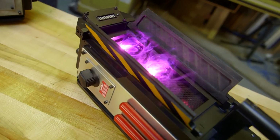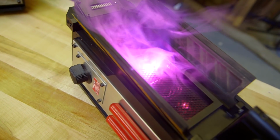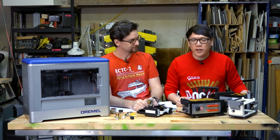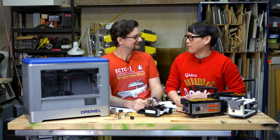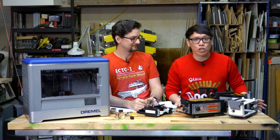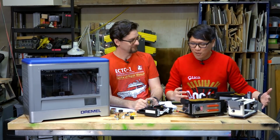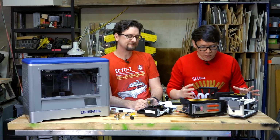And hopefully by now you've seen our reveal of the Ghost Trap project that Sean designed and made. Truly incredible. It was quite the ordeal, but I am really proud. It's probably the biggest project I've ever tackled. Well, you spent a couple months thanks to Dremel, which gave us the opportunity for you to design and build this to replicate the Ghost Trap from Ghostbusters 1/2, a hybrid trap, to something that is 3D printed and